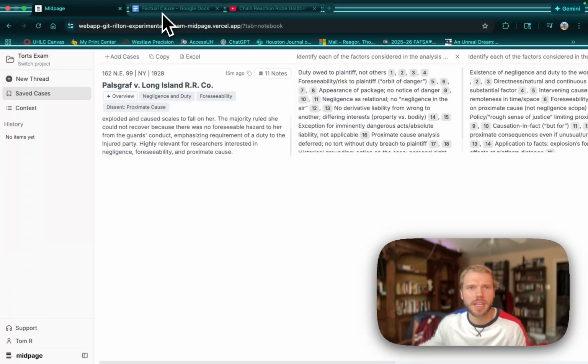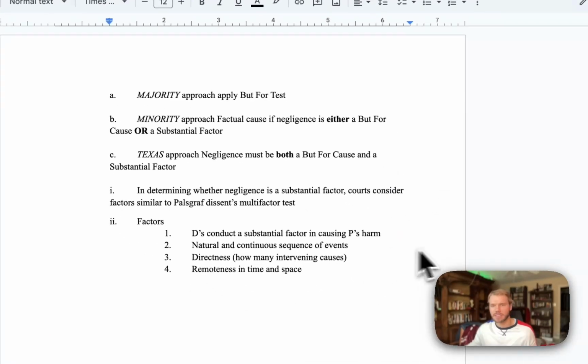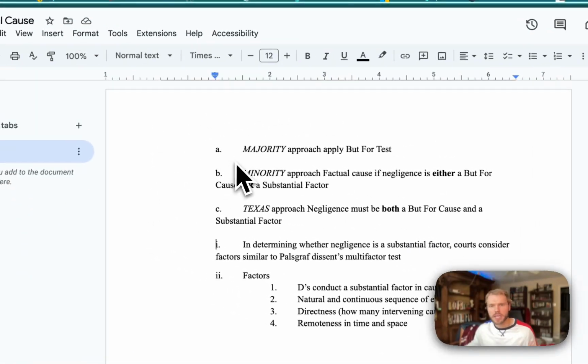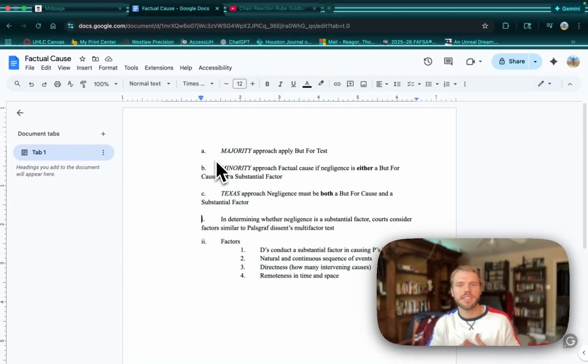I'm going to start off by showing the actual factors in listed form. So in the majority, you're going to want to apply a but-for test for your causation. In a minority jurisdiction, you'll want to use the factual cause approach, if negligence is either a but-for cause or a substantial factor cause. You just want one or the other. And in Texas, you're looking for negligence to be both a but-for cause and a substantial factor. So that's when, in this analysis, you want to make sure this is applicable, and then you move on to